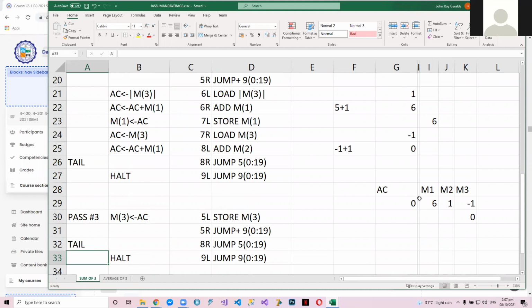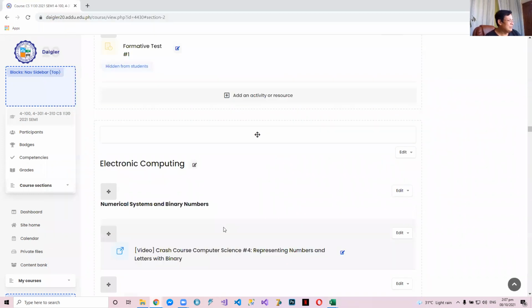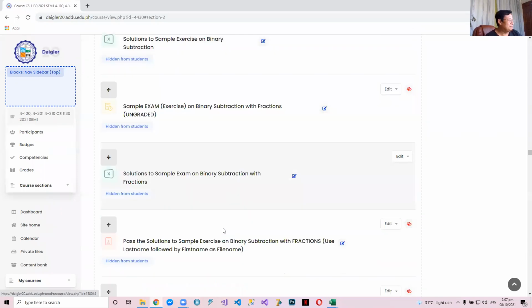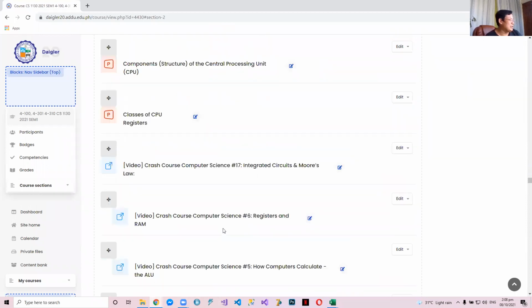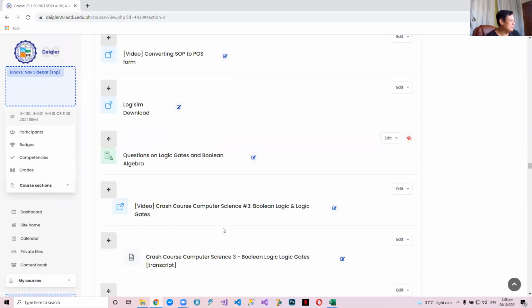Okay. So anyway, dalawang pass talaga. Actually, dalawang pass talaga yan. I'm sorry. I shortcut. I assume that this is the value in the end. Do you follow? In the end, ito na yung, I skip the second pass because it's the same. Anyway, pareho lang naman sila. So I don't have to go through the same because it's a waste of time. I'm sorry, I have to upload this first.